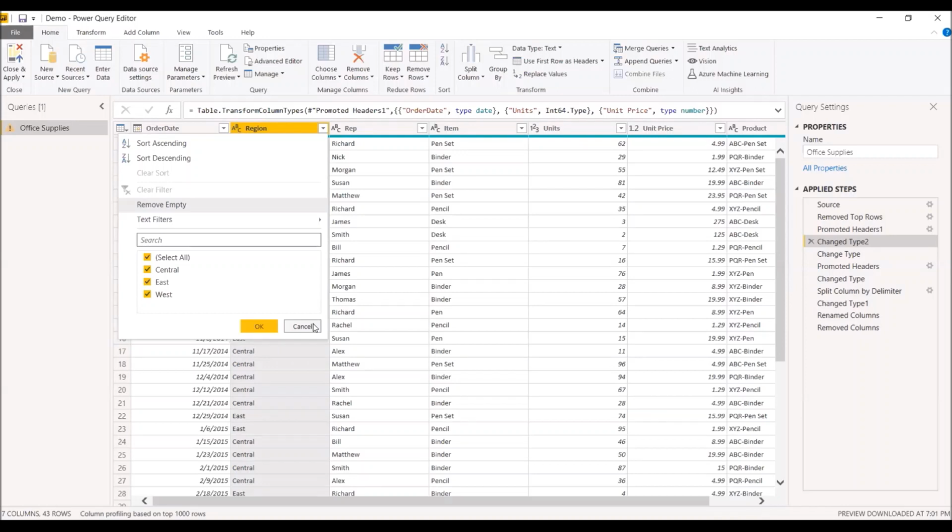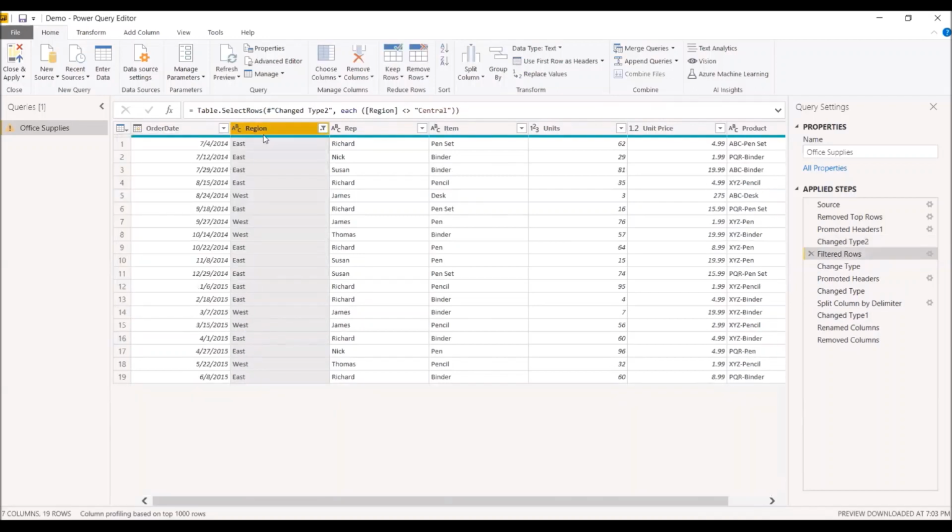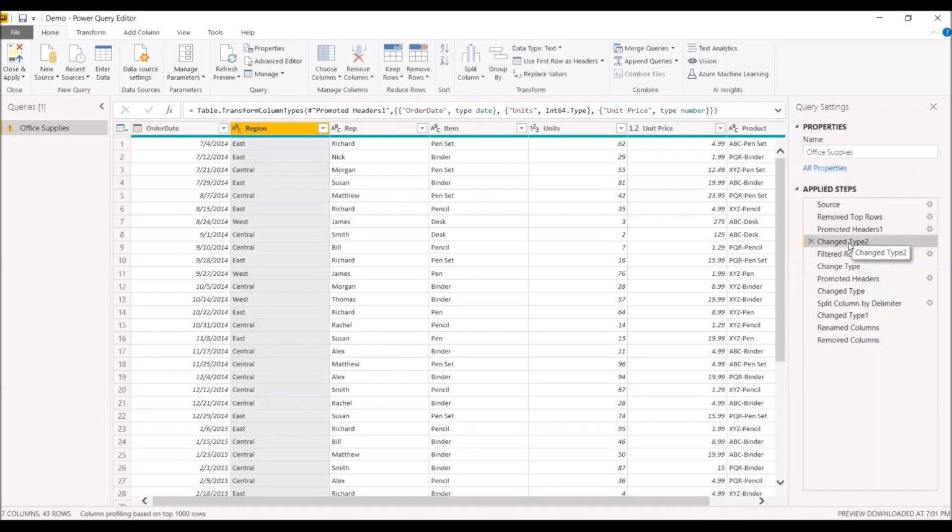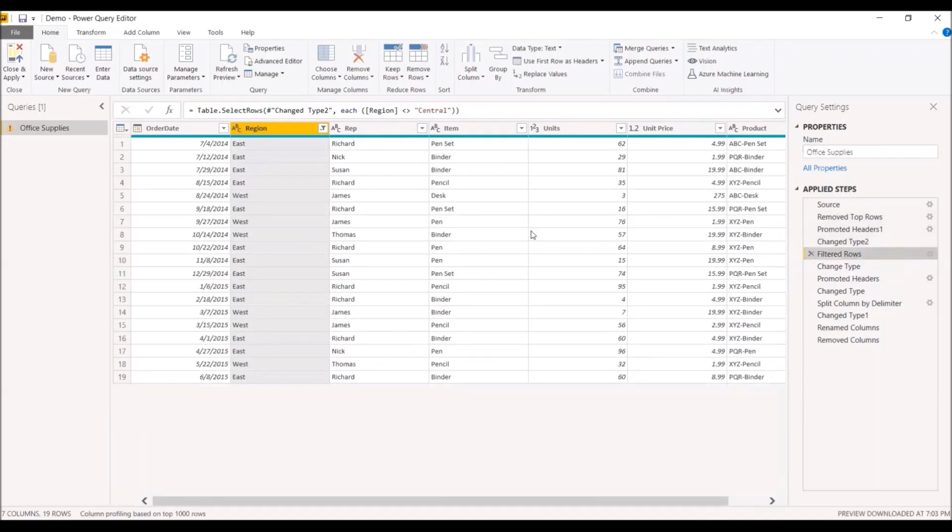This is just because of the performance issues, or a way to optimize your queries. So like I said, I want to see data only for East and West region. So I deselect Central and I click on OK. All right. So earlier I had 43 rows. After deselecting Central, I'm left with only 19 rows, which I can see on this bottom left side.